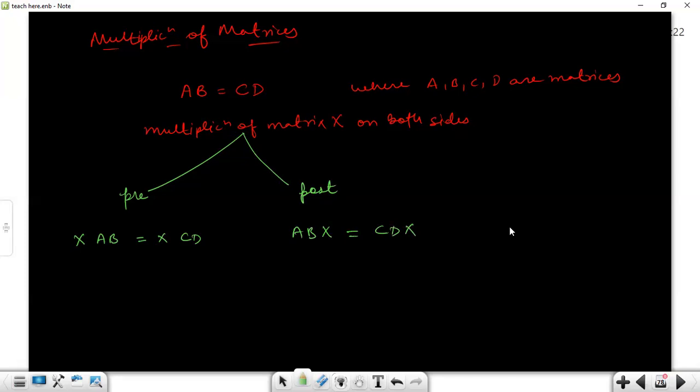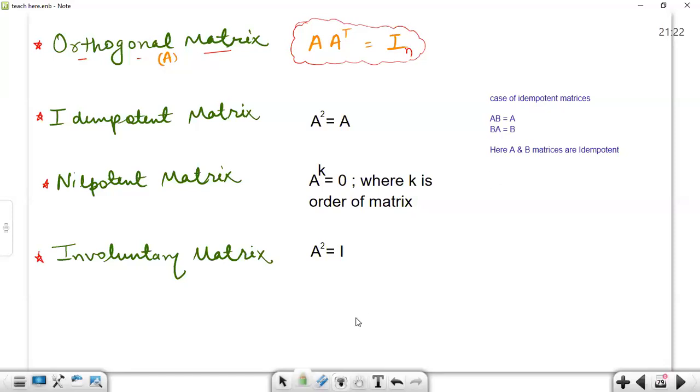Clear, everyone? No. Is this multiplication? Yes, sir. Okay. So now